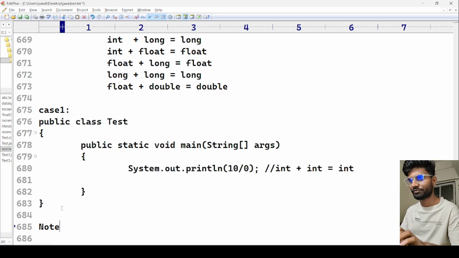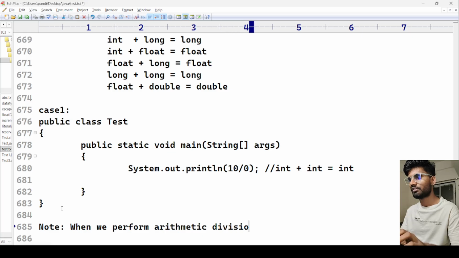Note, in Java, when we perform an arithmetic division operation in